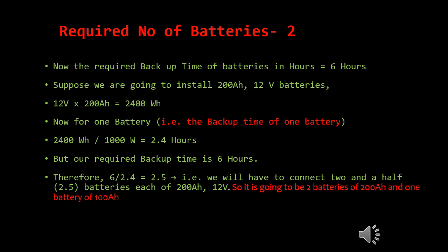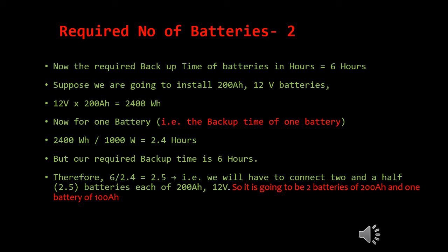This lesson of ours is so interesting, so amazing. Now we are on the session of the required number of batteries, how to calculate the number of batteries that we need in our solar system installation for our load of the premise. Now the required backup time of our batteries in hours is 6 hours. Suppose we are going to install 200 amp-hour 12 volt batteries. Therefore 12 volts times 200 amp-hours is equal to